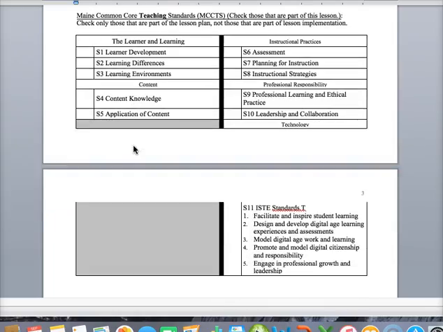So for instance, I'm going to look at the ISTE standards here, that you are facilitating and inspiring student learning, designing and developing digital age learning experiences. Clearly, if it's a lesson on storytelling, you're doing that. But you also may be creating a safe and equal learning environment, depending on what's happening in this particular lesson. You may be demonstrating content knowledge, you may be demonstrating planning for instruction, but you'll have to go look at those standards carefully, not just the broad standards here, but all the indicators, to see which ones most closely match